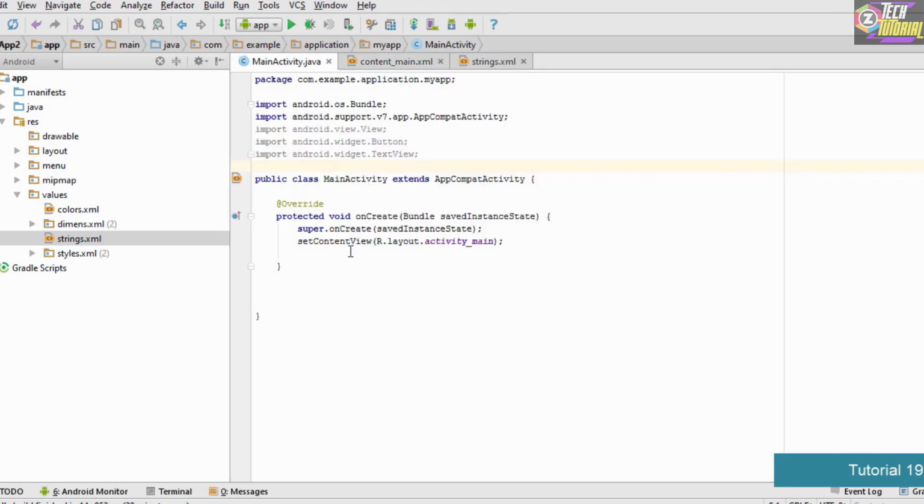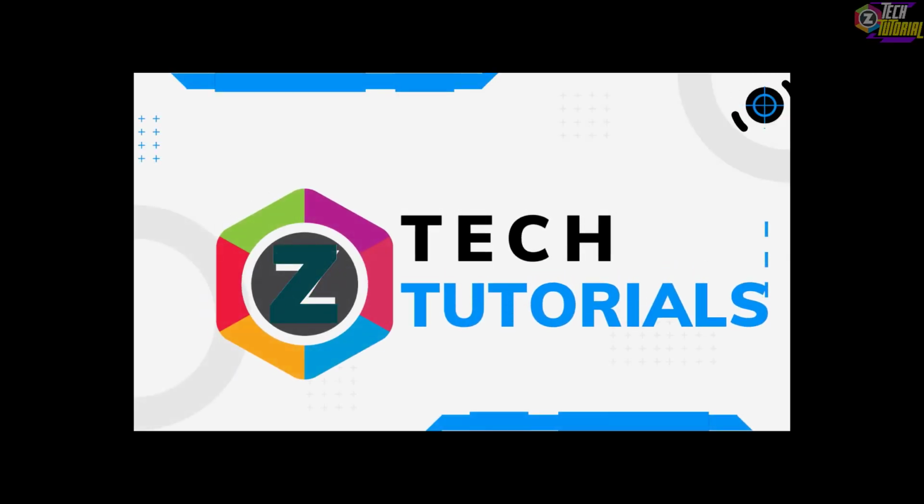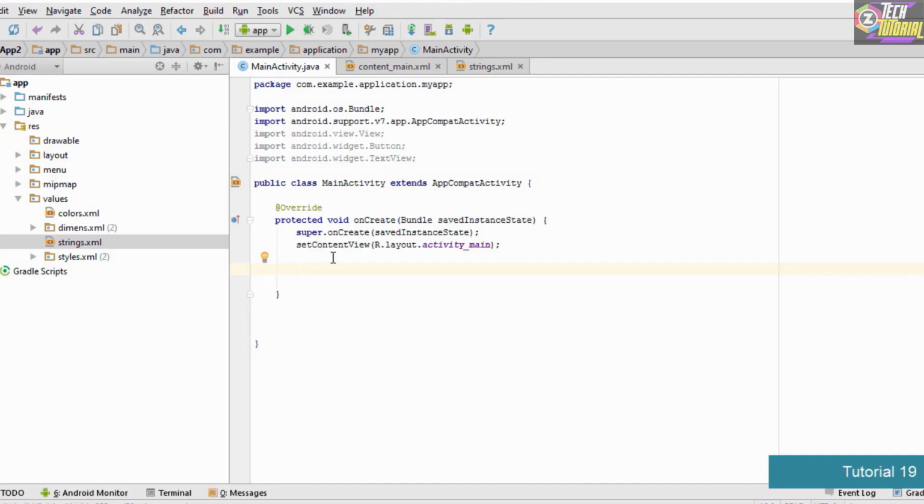The first thing we need to do, in order to handle any event, is to add an event listener, and then we are going to use the callback method. First, we need to detect the event which has occurred. In order to do that, we need a reference to the button. To get the reference to the button, we simply use the ID of the button. We type Button, and the name of our button is myButton.